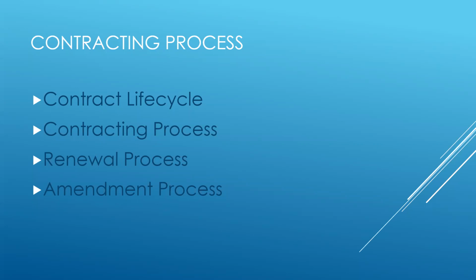Now coming to the amendment process. So what is the amendment process? If we have a contract from 1st January to December, and in the middle of the contract the customer wants to increase the quantity of some product, or wants to add any new product to the existing contract, it is not easy to make a new contract for the same business and go through the whole process. It is more complex, and it is not easy to manage two contracts for the same business, and then go through each one of them to see what is going and what is not going.